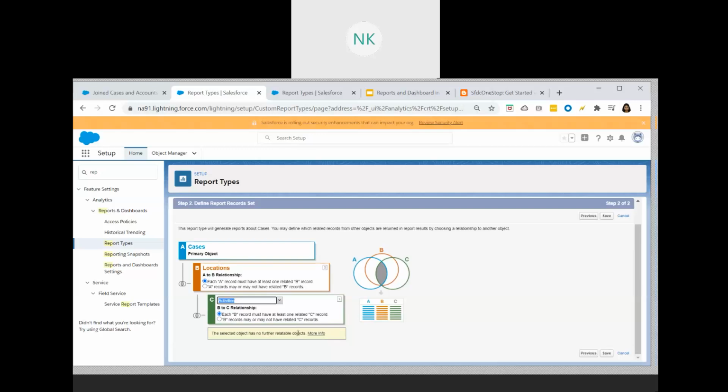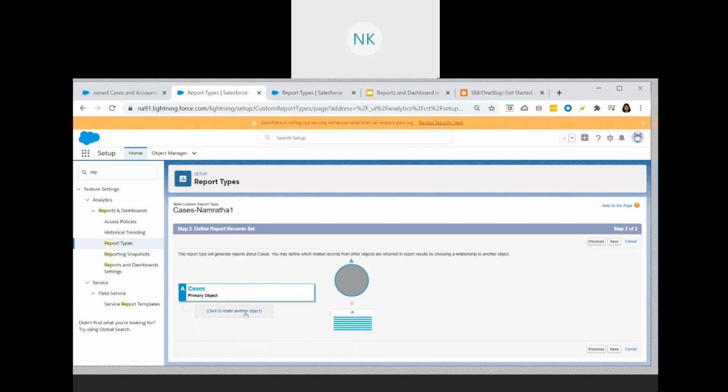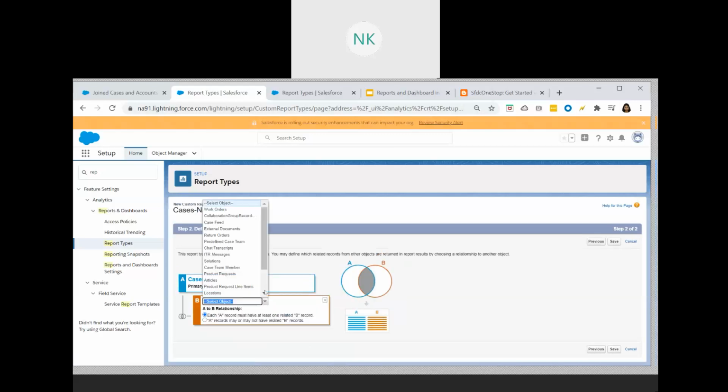And this is what we can do. We can add up to three related or three child objects, and there is nothing much that can be added here. That is why you are not able to see anything here. Now, for example, let us click on cancel and let us choose something else.